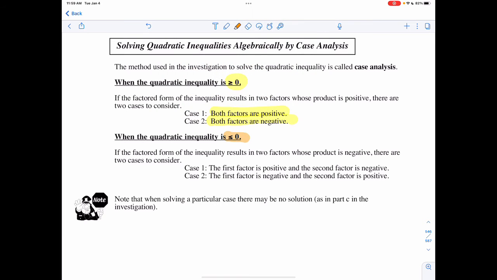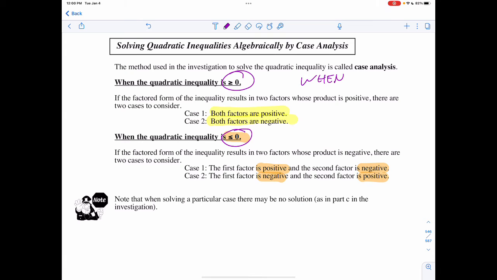When I say that my quadratic inequality is less than or equal to 0, then that means that I have to take a positive times a negative or a negative times a positive. Now, it is not actually a requirement, but I promise you it will make your life infinitely easier if you approach it this way. Look for whether or not it's going to be greater than or equal to 0 or less than or equal to 0